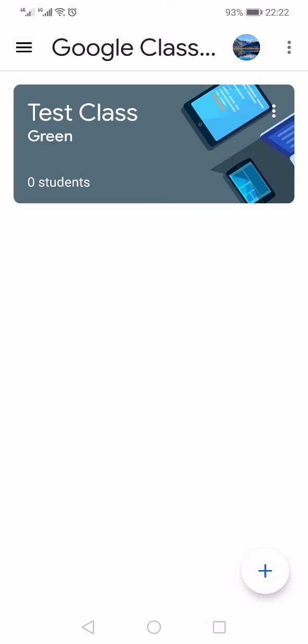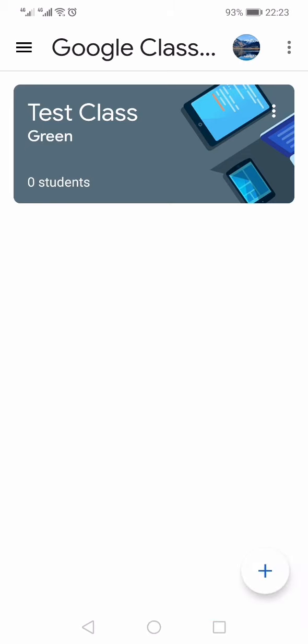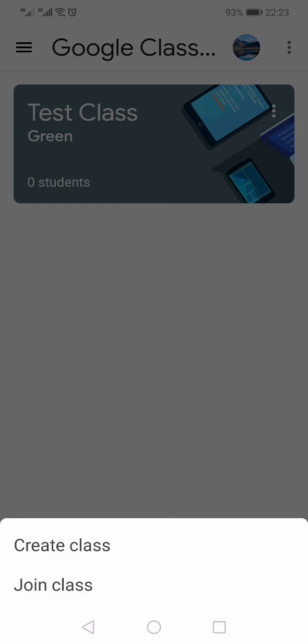Now when you want to join a classroom, you will not see this test class here. This I created for the sake of a tutorial, but assume that this test class is not there. You will only see the blank screen, the white screen, and on the bottom you would see this plus sign. What you need to do to join the classroom is click this plus button,